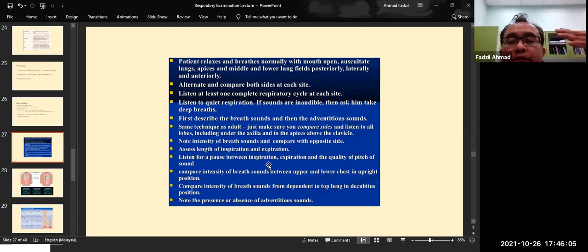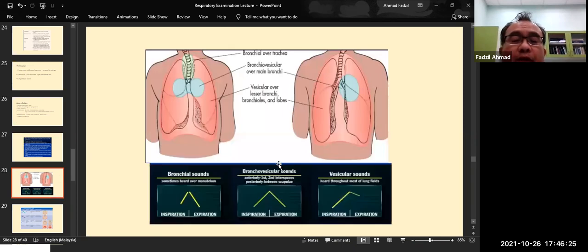You not only listen to the inspiratory and expiratory, you also listen to the sound in between inspiratory and expiratory. And then after you listen to the sound, you listen to the additional sound. Is there any other sound other than inspiratory or expiratory? So you see your lung sound, breathing sound, there are